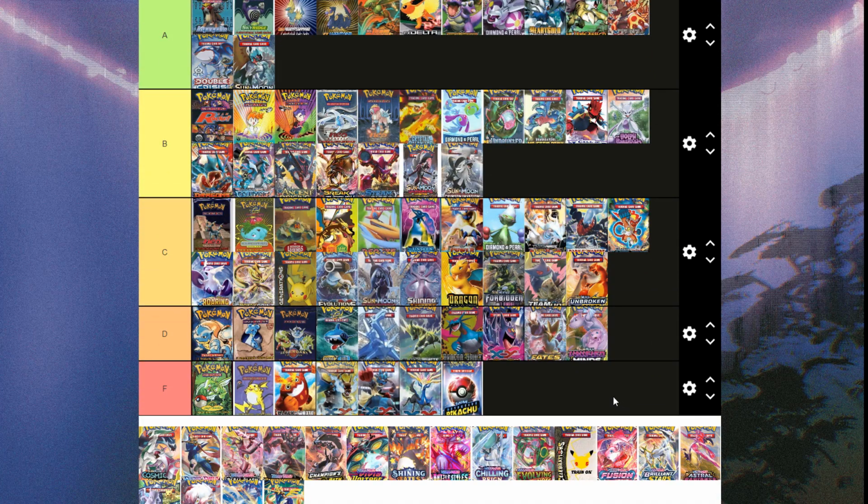Anyway, Cosmic Eclipse. Cosmic Eclipse is like, what if we took the other tag team sets and we destroyed the meta even more, because ADP would eventually go on to ruin the game. However, Cosmic Eclipse is not, hear me out, not as bad of a set as the other tag team sets, and it's why it's a collector set. The alt arts in this set are actually really good. I really like Naguz, and I really like